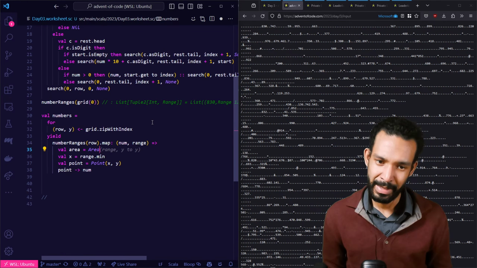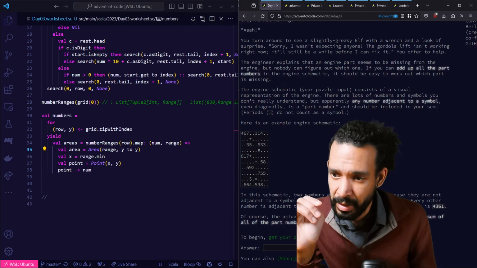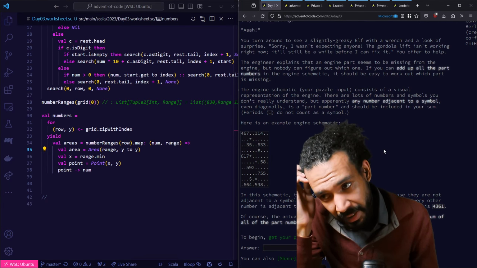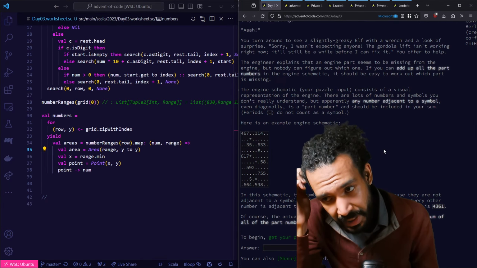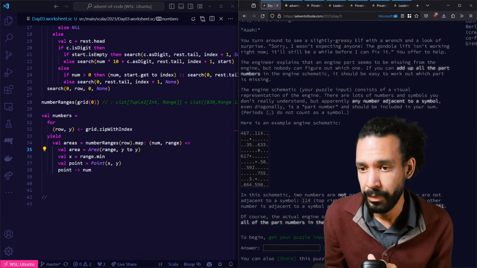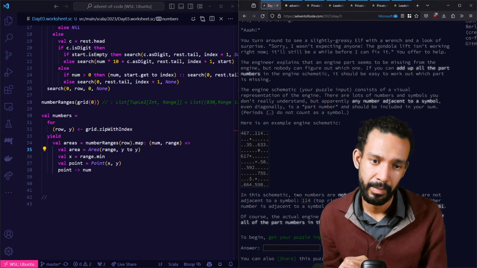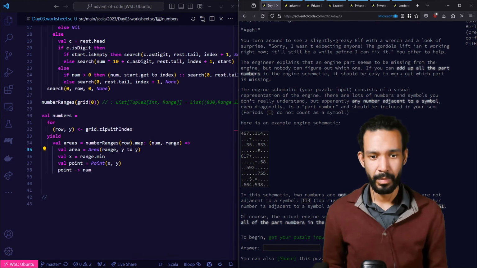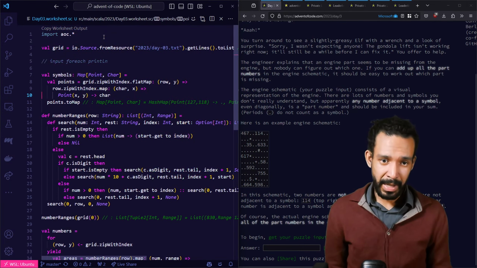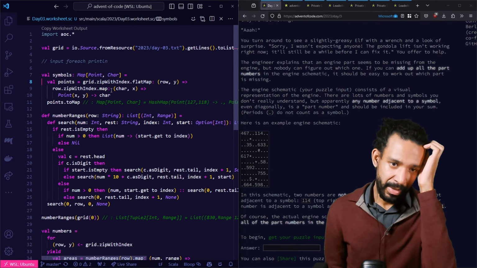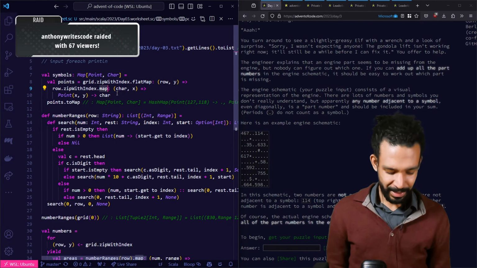We will want to filter on these, right? So we have to remember what our actual problem was. Any is a part number. If it's adjacent to any symbol, should be included in your sum. It's not counted as symbols. Okay. Periods, by the way, periods here, these symbols, we need to have